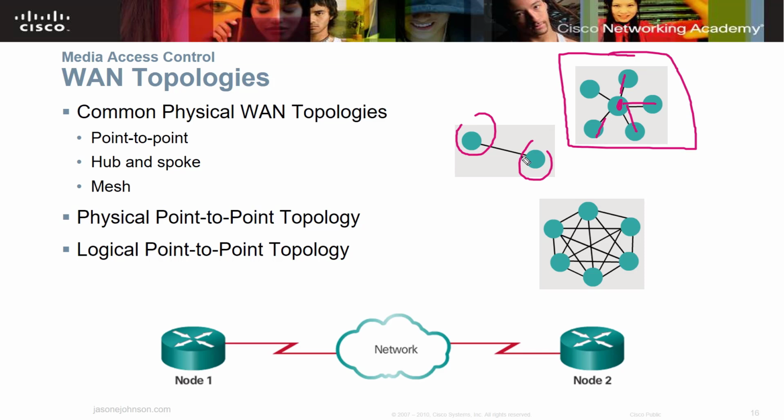You have your point-to-point, and that might be where you just have two devices connecting to each other. And then you have a mesh topology. And a mesh topology is when you would have redundancy put in place. And we talked about redundancy in a previous chapter. Well, redundancy would mean, let's say that this connection gets knocked out. Well, now this device, instead of having to go through here to connect, can now connect directly. Or it can connect over here and back this way. So mesh is more expensive to put into place because you have more wiring, or more media connecting it. But it has more redundancy.